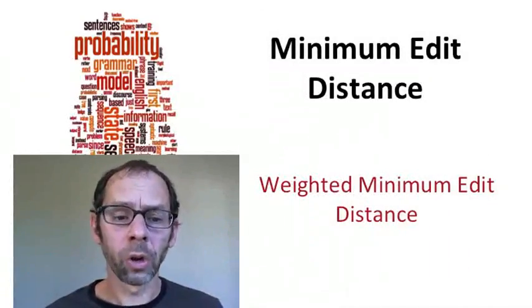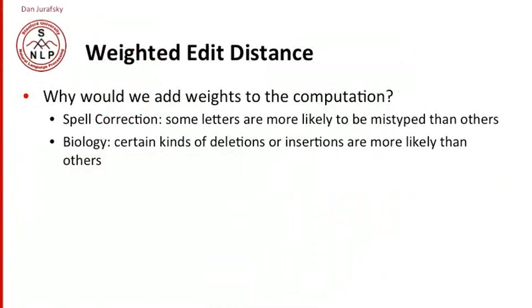Edit distance can also be weighted. Why would we add weights to the computation of edit distance? Think about particular applications. In spell correction, it's obvious that some letters are more likely to be mistyped than others, while in biology, because of the constraints of the subject matter, some kinds of deletions or insertions are more likely